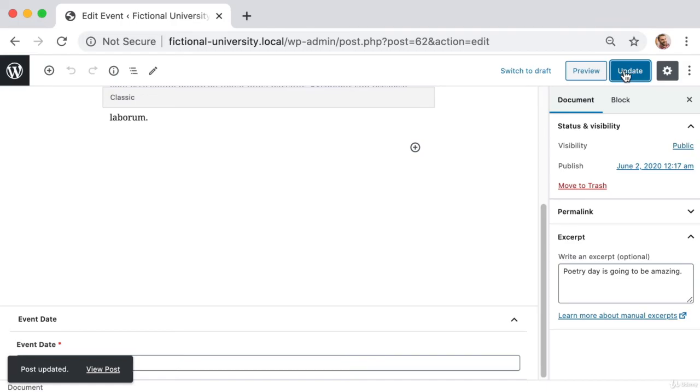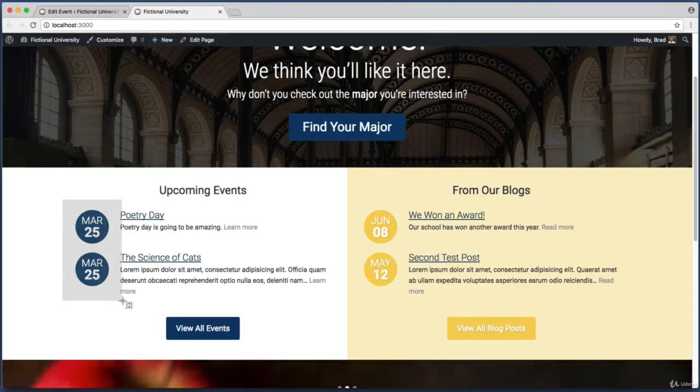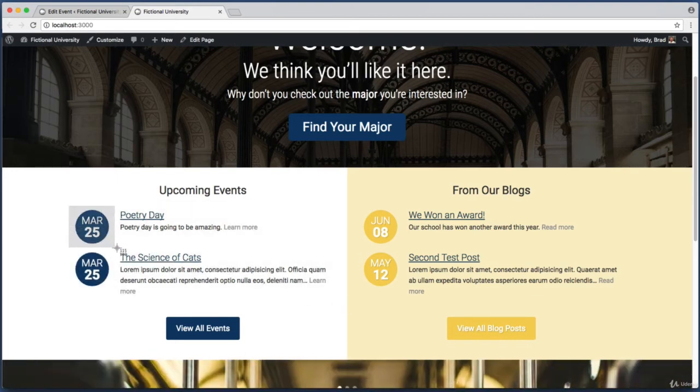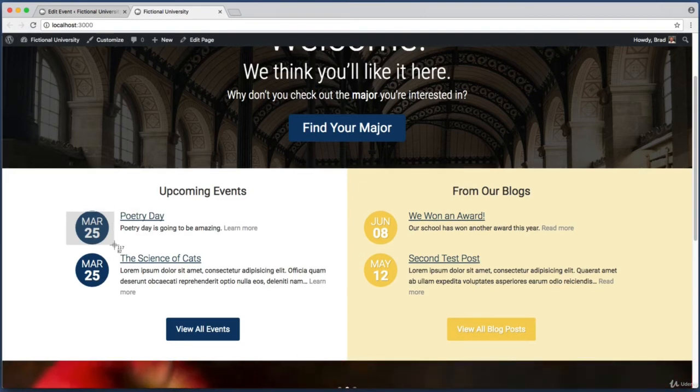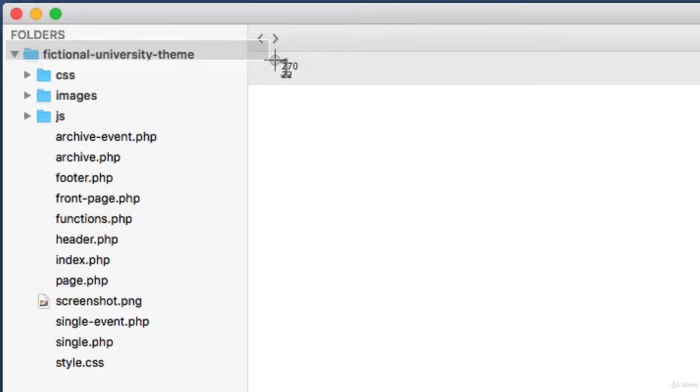And now the next logical step is to find out how can we use that custom field data on the front end of our website, right? How can we use that here instead of the fake hard-coded date? Well, let's jump into our text editor right now and I will show you. So for now, we can forget about our must-use plugins folder. Instead, I want you to go into your theme folder and jump into the